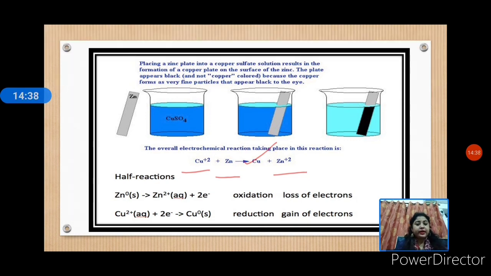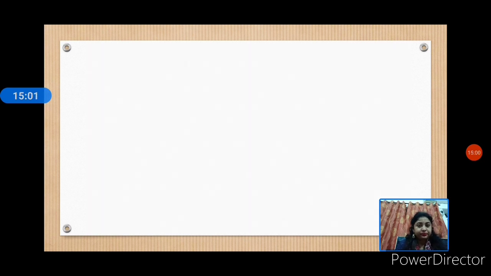If you have to write this reaction in two half reactions, how will you show it? Zinc gives out zinc 2 plus. This is oxidation. Here we can see loss of electrons. Copper ions are taking 2 electrons and getting converted into copper. Gain of electrons, so it is reduction. So how can you remember